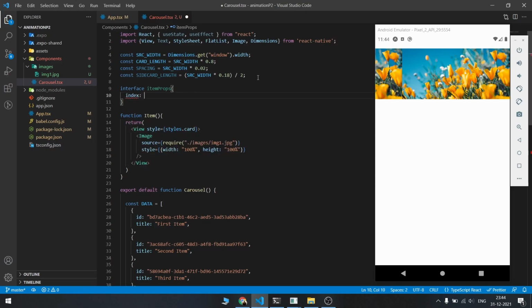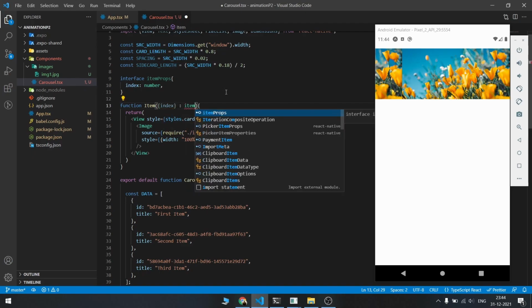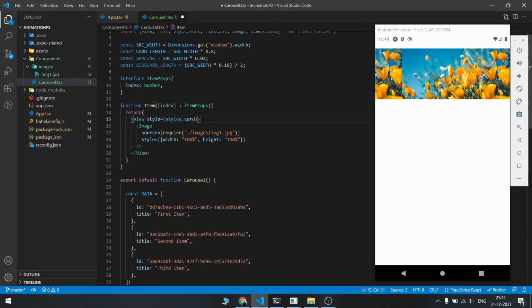This will have an index which is of type number. All right, so let me destructure it here, and the key is ItemProps. Cool. So we got the index here.